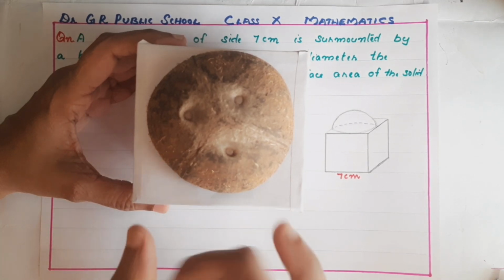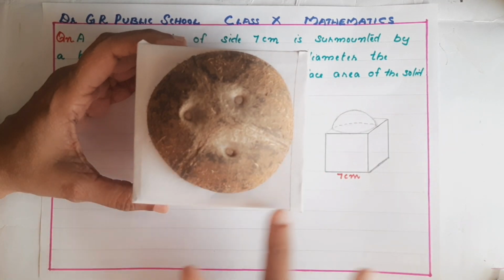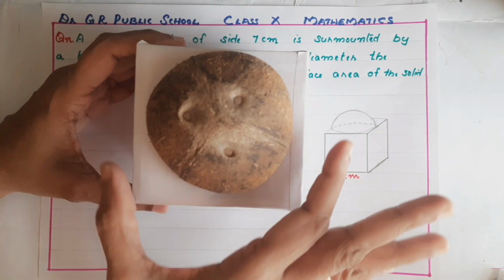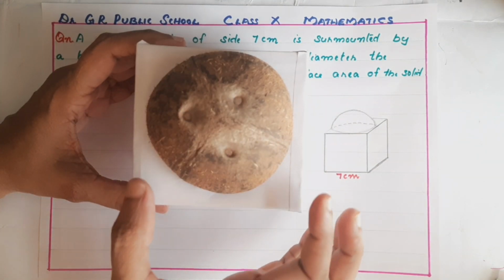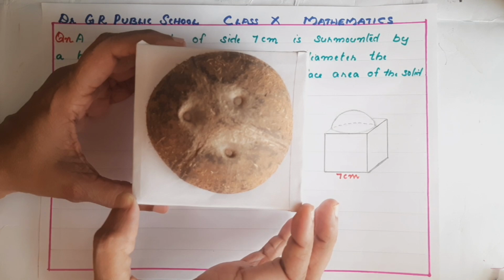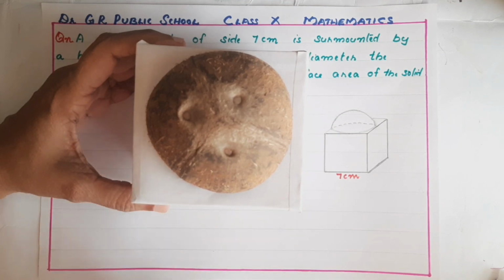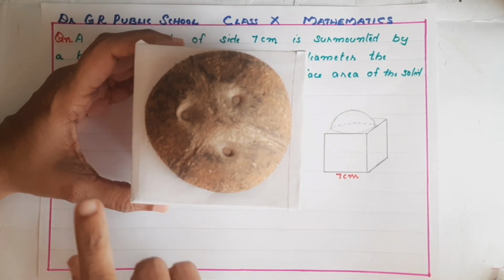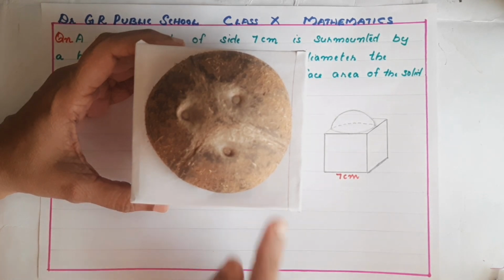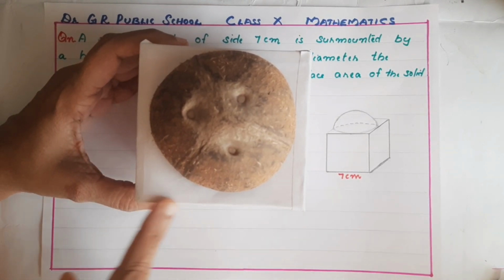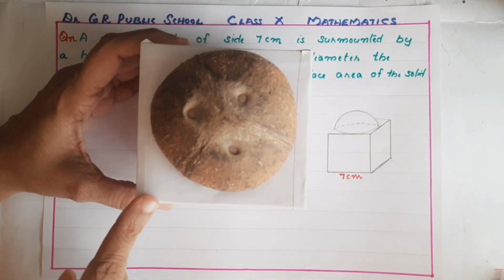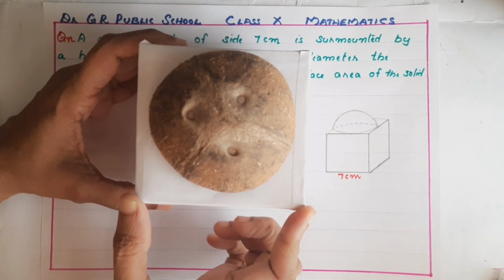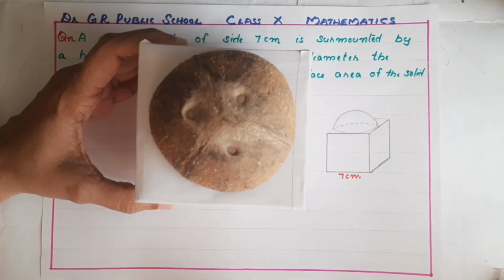So, does this hemisphere fit this face? No, because we can have some larger hemisphere with a larger diameter. Isn't it? That is the first question. What is the greatest possible diameter of the hemisphere? We can have this much as the diameter. Isn't it? What is the edge of this cube? That much diameter we can have for this hemisphere. Okay, children.